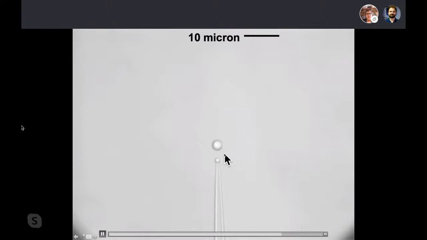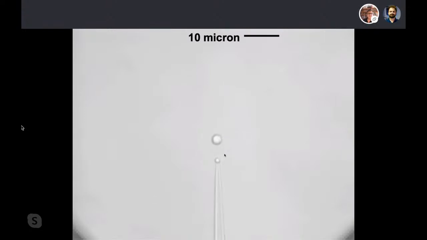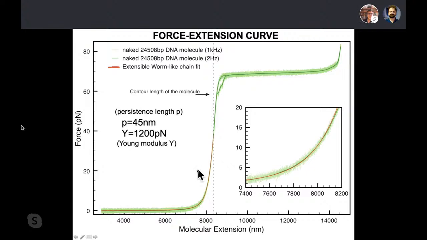Okay, so once you have the experiment set up, you can start doing the experimental measurement to record the elastic response of your DNA molecule. You can repeat that as many times as you want, many cycles, pulling back and forth until you are satisfied with your measurement. Now, this is what you measure. This is a typical force extension curve for this molecule of 24,000 base pairs, which is about 8 microns